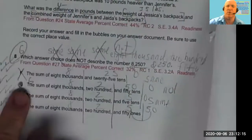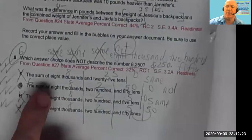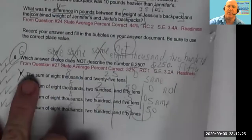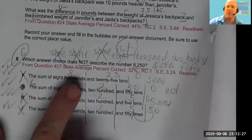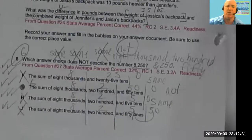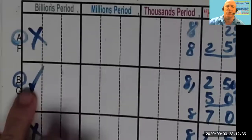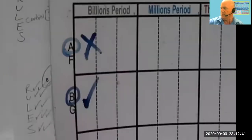And so this is sort of going to be like what we would call a guess and check. That's the way I would evaluate and solve the problem. So we're going to break it down into pieces. The sum of 8,000 and 25 tens. So when we look at A, I circled A because you have a choice A, B, C, D, or F, G, H, J, since we're doing,